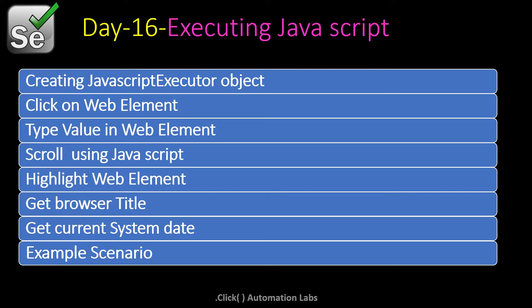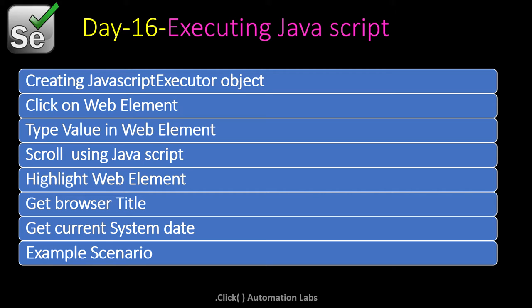In this session we will look at how to run JavaScript. Before running JavaScripts, it's important to know why we need to run JavaScript. In certain cases, we need to highlight some web elements, or scroll down to a particular web element, or scroll down a page, or sometimes a few controls may not work with normal click events or type events, meaning the click method or sendKeys method. In such cases,